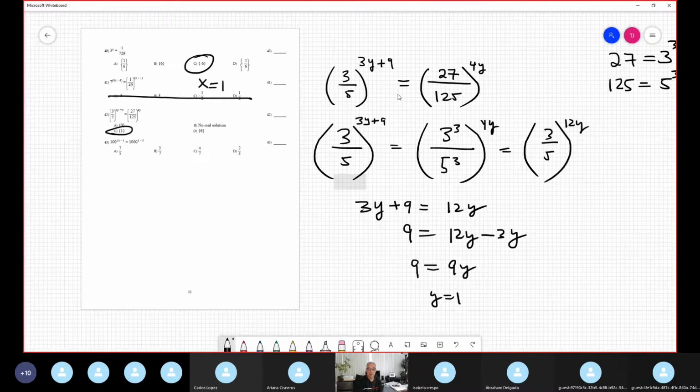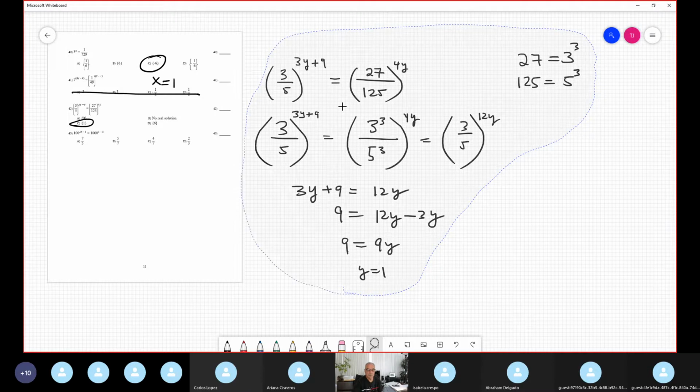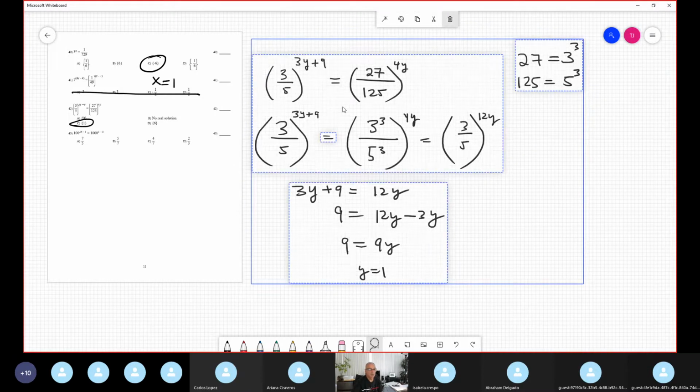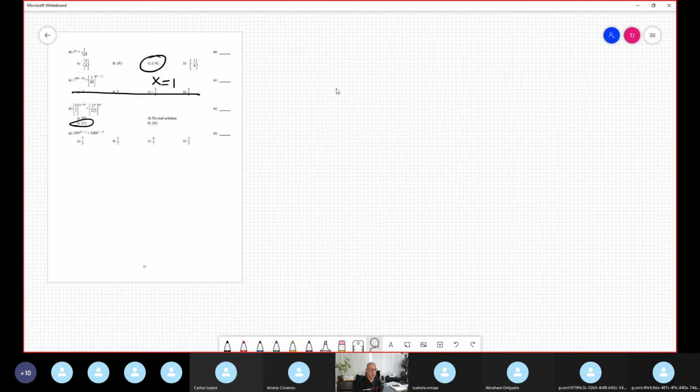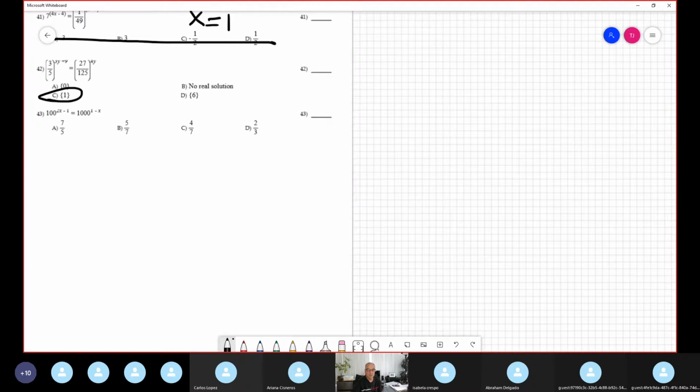Do you understand this manipulation very well? Was it easy or was it complicated? Was easy, eh? Because everyone knows very well that 27 is 3 to the third power and 125 is 5 to the third power. Likewise, 47 is similar. It's 10, no? No, yeah, 100 and 1000. Okay, it's 100